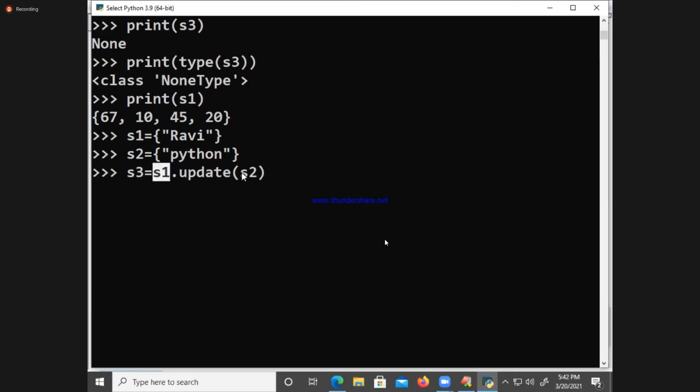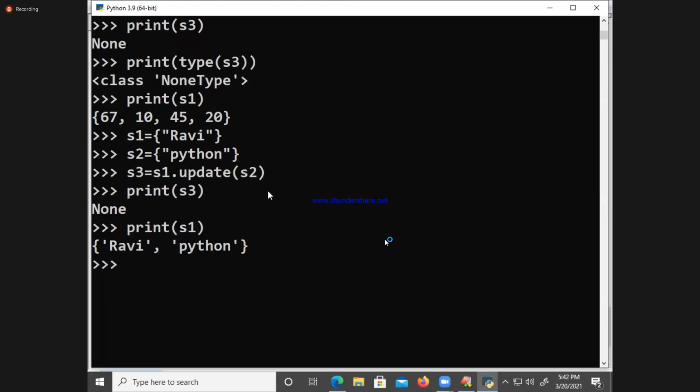S1 value updated with what? What is the value of S3? Check it out. Print of S3. One minute. What is that? Which elements are updated? With what element? Print the value of S1. Ravi, Python. Print S2. What is that? Python. Are you okay? Are you getting the difference between update,